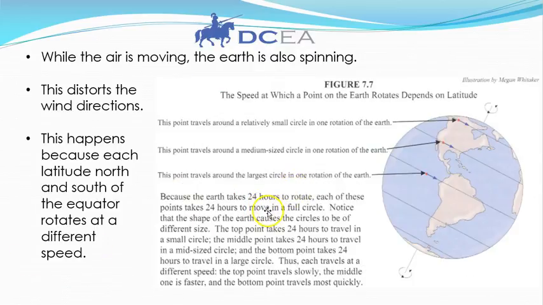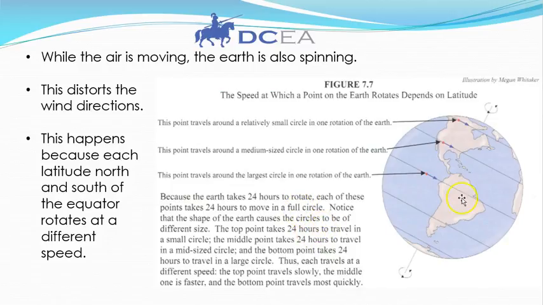Now, while the air is moving, the Earth is also spinning, and this distorts the wind directions. This happens because each latitude north and south of the equator rotates at a different speed. And that's very detailed, but if you can imagine traveling across the equator, that is the widest part of the Earth. And so it will take you longer to travel across the equator. But if you're up near a pole, or down near a pole, I should say, you'll have a shorter distance to travel. So